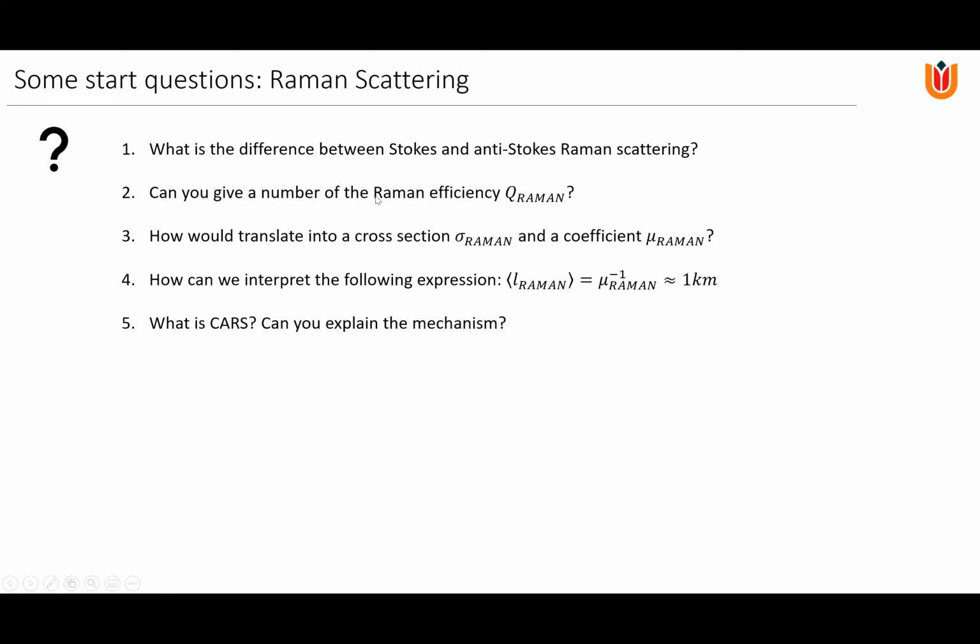Okay, so I have a few questions for you that I sent around, so you thought about it. So maybe we can go quickly through them. So first, what is the difference between Stokes and anti-Stokes Raman scattering? In Stokes scattering, the incident photon has a big wavelength, and the anti-Stokes is smaller wavelength, less energy. It starts from the